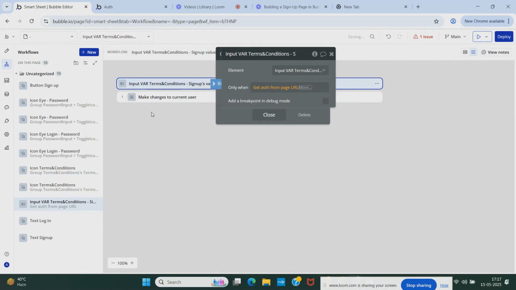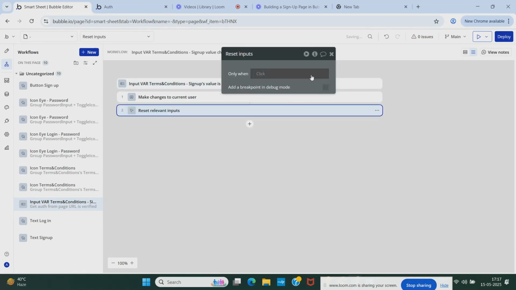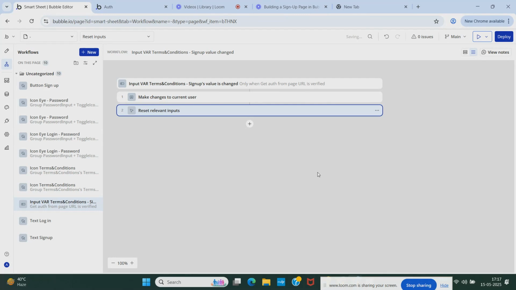Parameter is auth is verified. Then only do it, otherwise don't do it. And then reset relevant inputs so that the input value gets